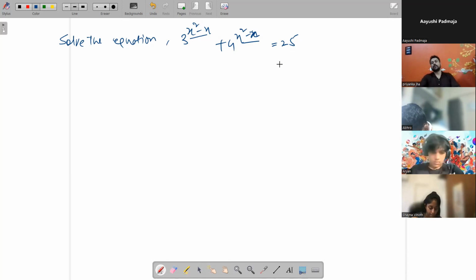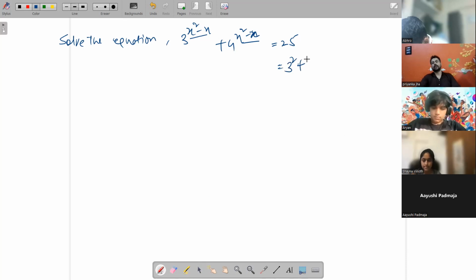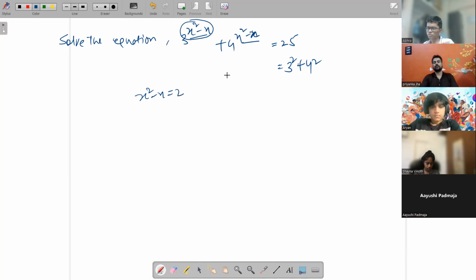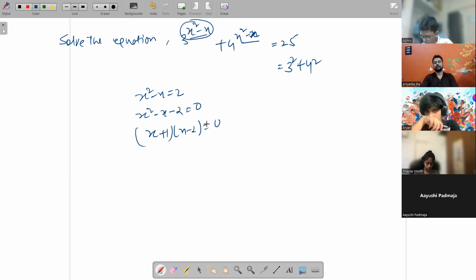See, how do you write 25? That is 3 square plus 4 square. So this is how you write 3 square plus 4 square. So obviously x square minus x has to be 2 and this has to be 2. So from here you have to solve. If you factorize, this is your factor. So either this will be 0 or this will be 0. So x will be either -1 or